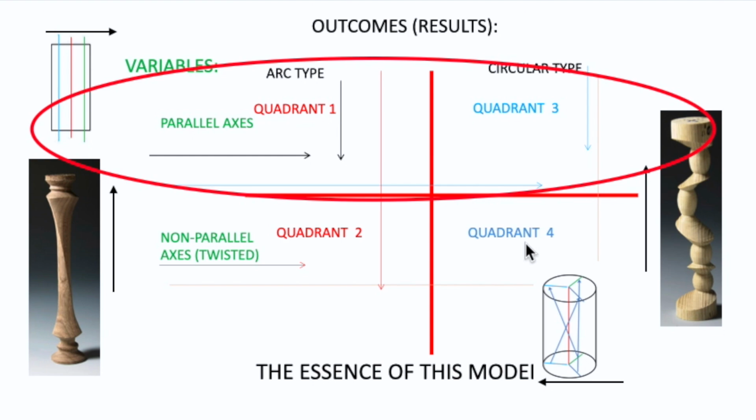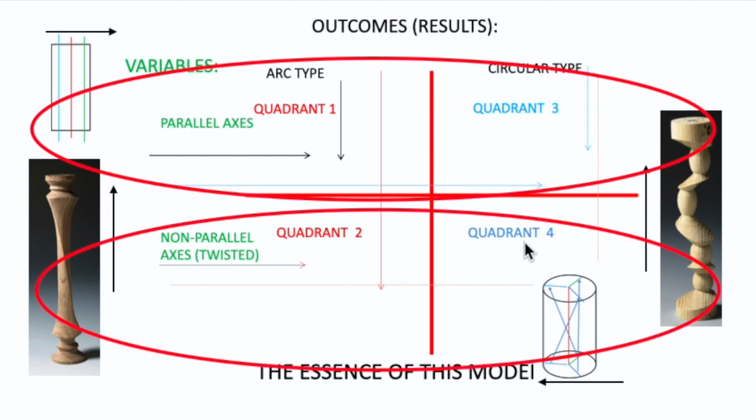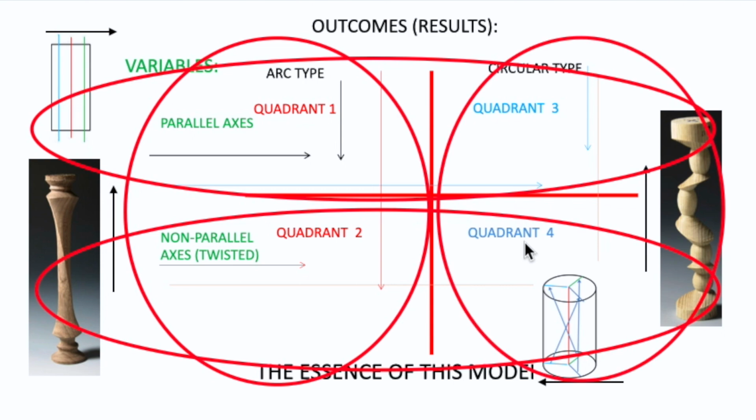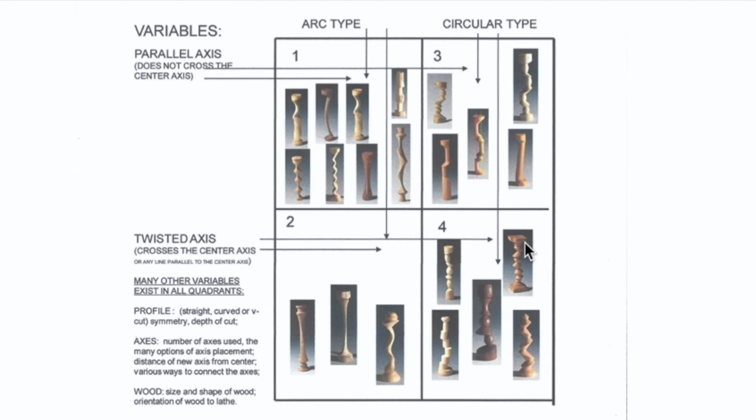So on top of that line, those 2 quadrants, quadrants 1 and 3, are going to have parallel axes, but one will be arc type and one will be circular type. And below it, those 2 quadrants will all have twisted axes. One will be arc type and one will be circular type. And once again, on the left-hand side, those 2 quadrants are all arc type, and the circular type are going to be on the right. So there is a handout that you can get off of my website that shows the essence of this model